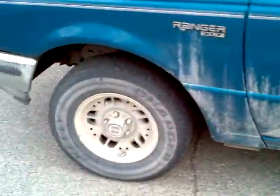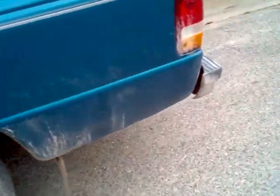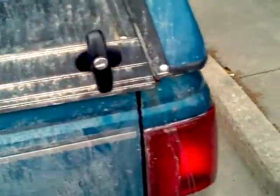I'll show you the outside real quick. It's a little bit dirty. I have a dirt road route I take to work, so I haven't washed it yet, probably for fear of propagating rust. It does have a cap. I just put these latches in new. I still got to get a lock bar for the other one, but